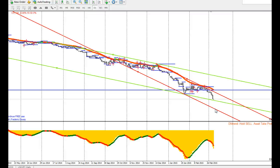As far as where we would enter, we would have to go into the lower time frame and try to decide that and look at the build up. So we have to keep an eye on that level of that green downtrend channel, because the currency could actually follow it possibly. But time will tell, and if it breaks down, then it will potentially follow the red downtrend